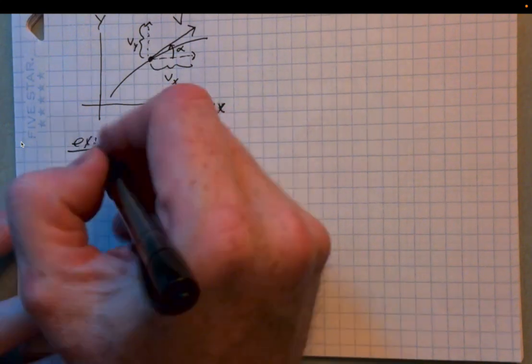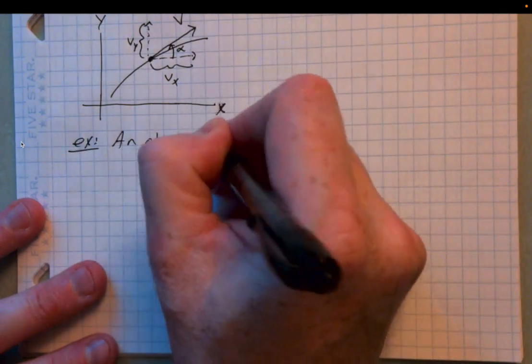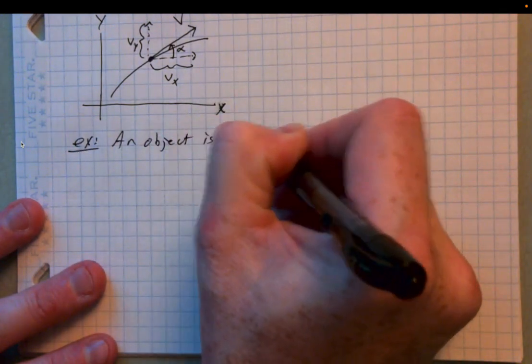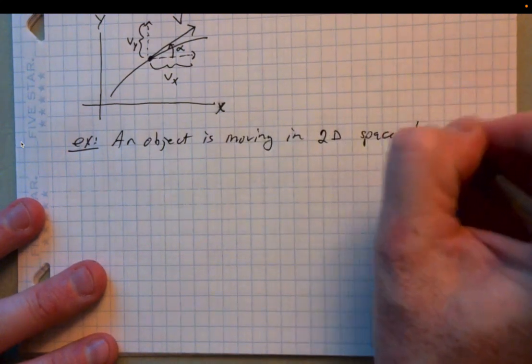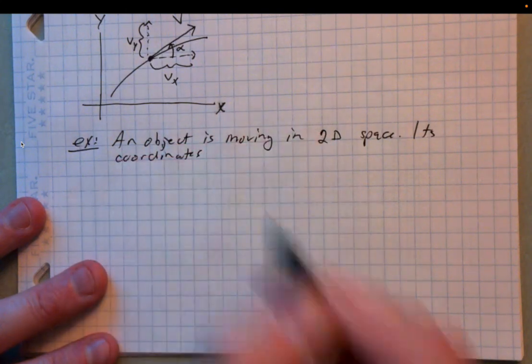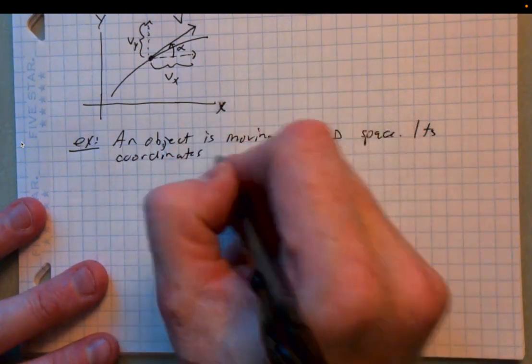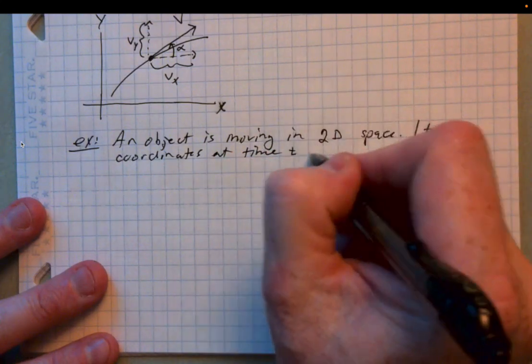So, an object is moving in two-dimensional space. Its coordinates at time t are given by,